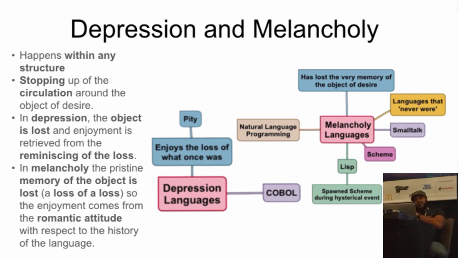On the one side, for melancholy, you've got them talking about current languages that they have to develop in and how they're not as good as these old languages, right? And they just wish that Ruby had the elegance of the closures like Smalltalk did, or the metaprogramming, the macros for Lisp, that was developed 50 years ago, and now languages are just catching up to that. That's a statement of Paul Graham. That would be melancholy. And then on the romantic side, when they're talking poetically about the language,